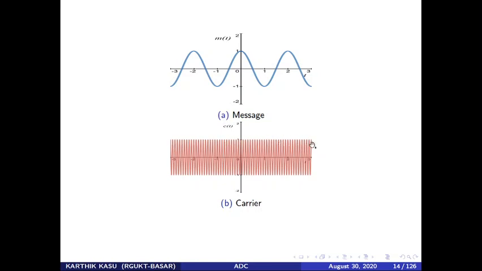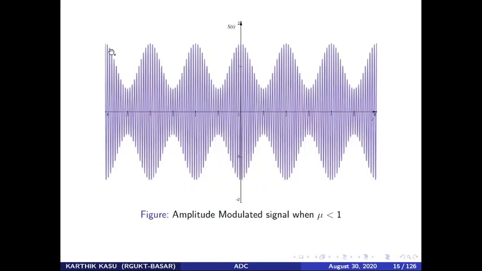Before modulation, the carrier had a constant amplitude equal to plus 1 or minus 1, symmetric. But after modulation, the amplitude is not constant, as I told you just now. It is varying. How is it varying? Can you guess? You can clearly see that here. The amplitude of this signal is varied according to what? The message signal. You can see the message signal in the amplitude, something like this, correct?